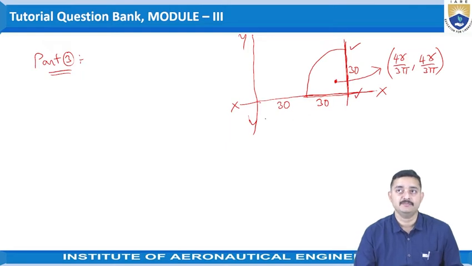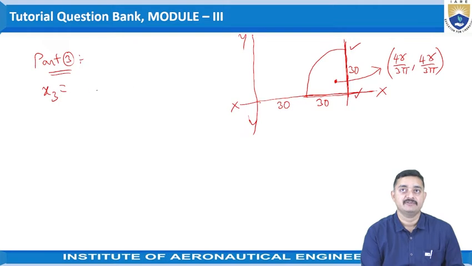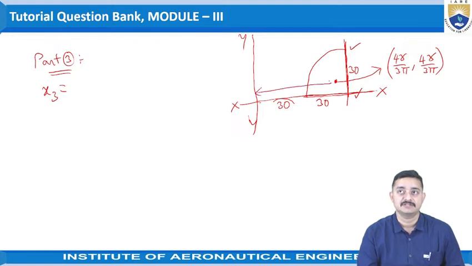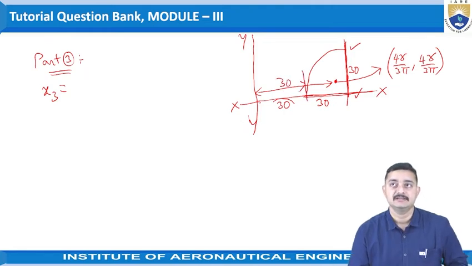So for identifying the x coordinate of this centroid, we have to consider the distance from here, this total distance. Hence that total distance would be this 30 and subtraction of this portion